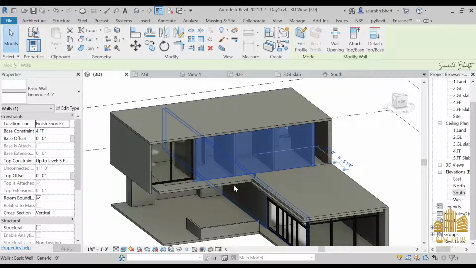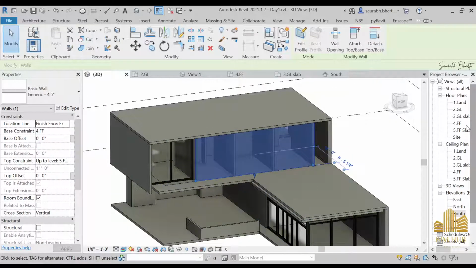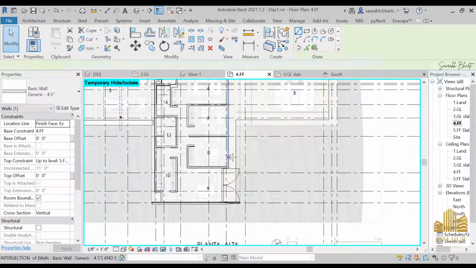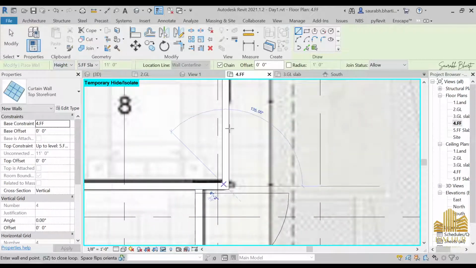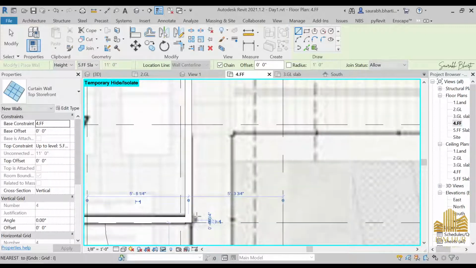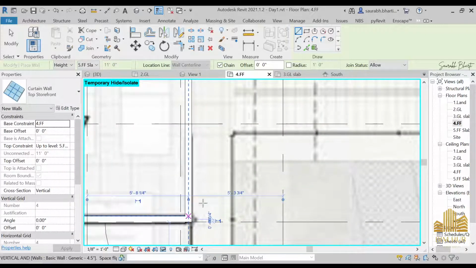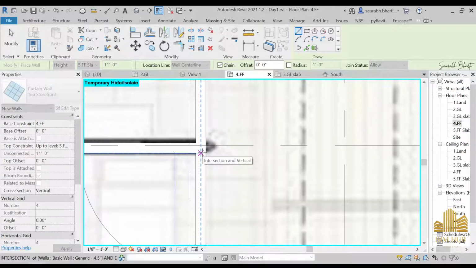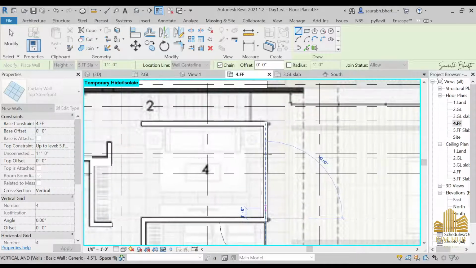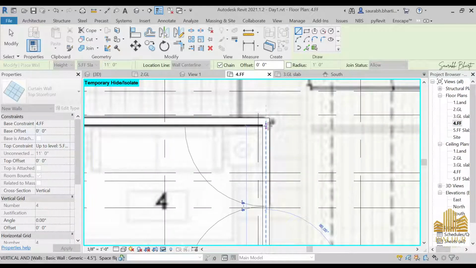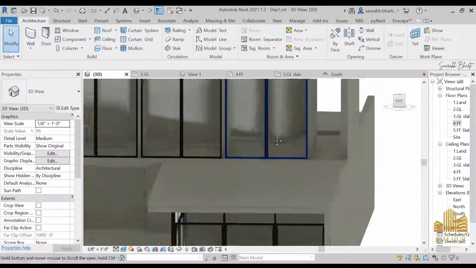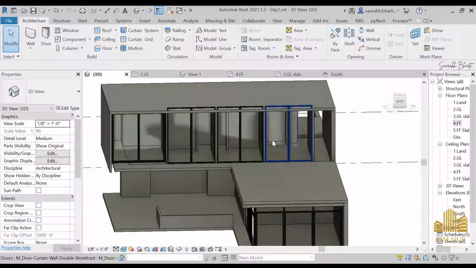After this we have to make the same door over there also. So just go to the first floor once again, and then just go to the wall and make this wall from this place to this place, then again from here to here, then again from here till here. And now if you go to 3D view, you will find that this is what we wanted, but